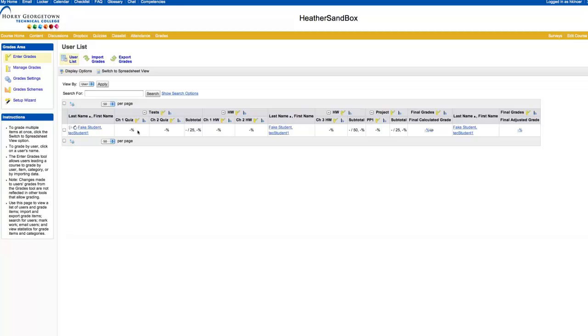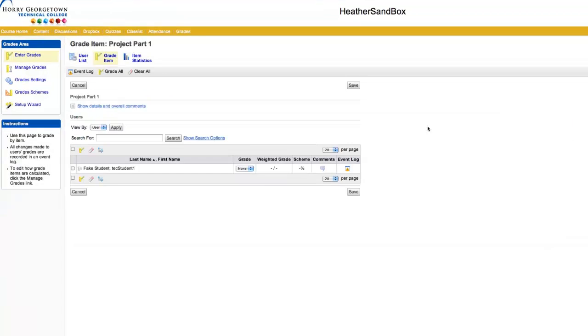To enter grades in the gradebook, you can click on the ruler icon with the check mark. Since the quiz grades and my homework grades are going to come from the Dropbox area, I'm going to work with the project grade here. Remember, I entered that short name, PP1. This is where that's displayed. So I'll click on the ruler with the check mark to enter a grade for her